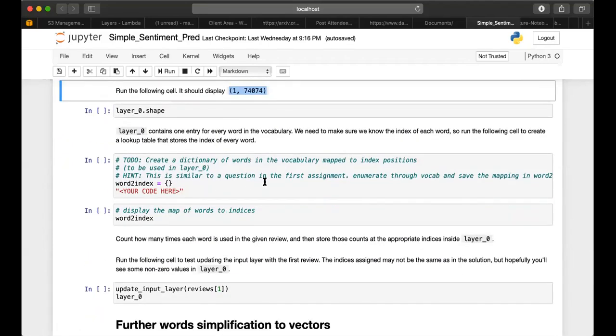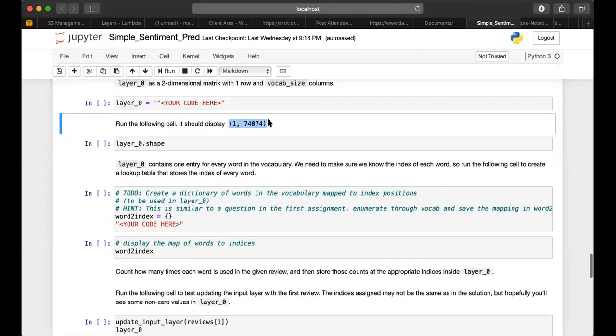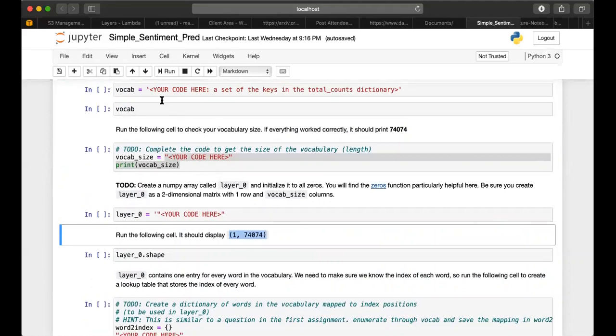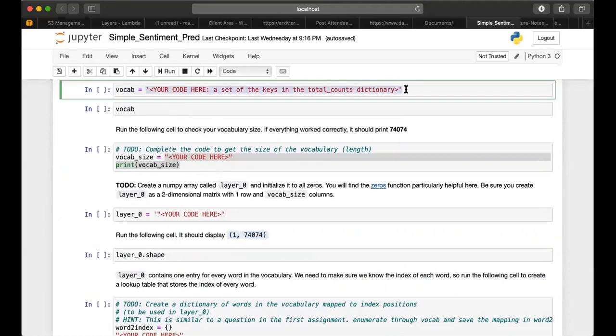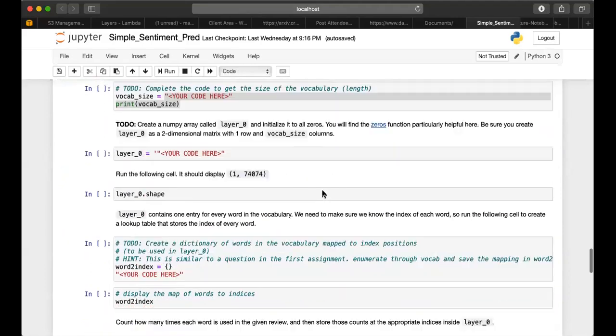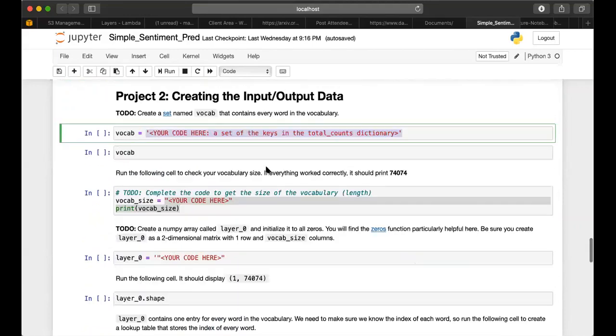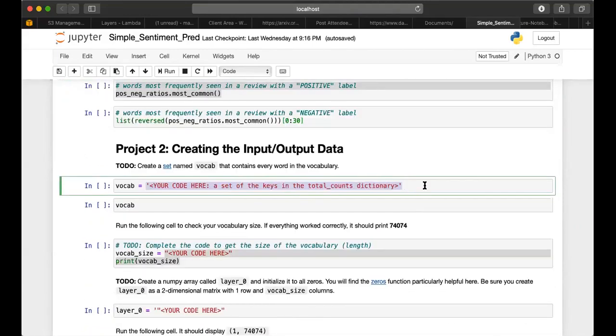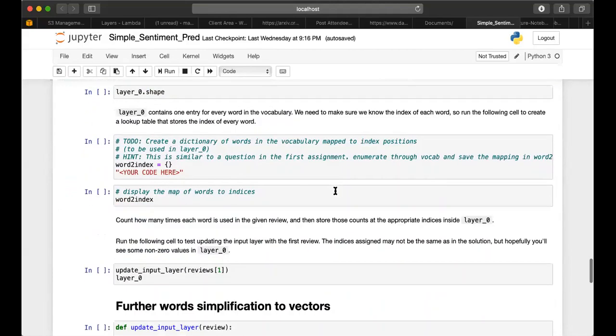Then over here, I want you to take, remember this particular action has put all your words in a list, right?